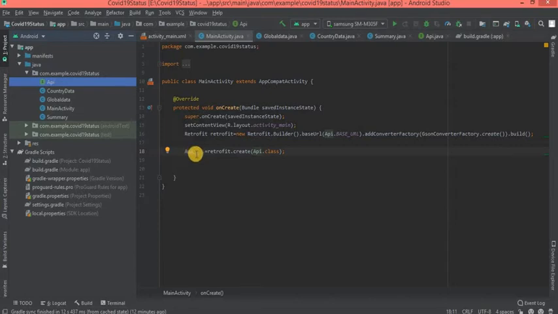If you have a different name for this interface, please change it accordingly.